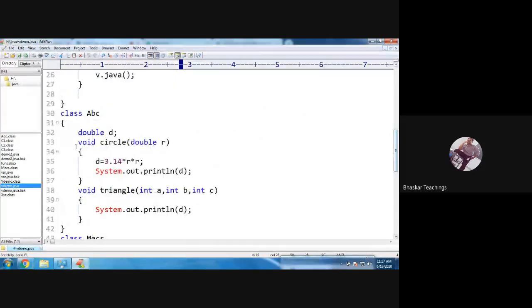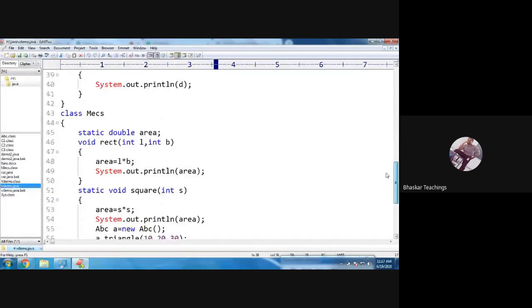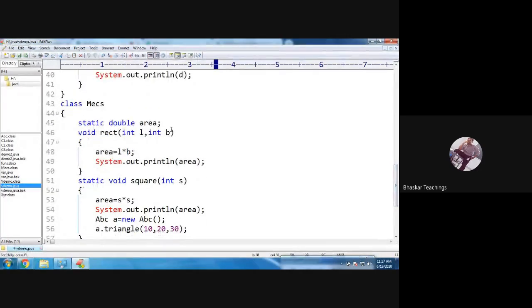ABC class has one instance variable double D and an instance method circle, and one more instance method triangle. Circle method accepts one double argument, triangle method accepts 3 integer arguments. Next, in the class MECS, we have a static variable area and one static method square and an instance method rect. This is the program.